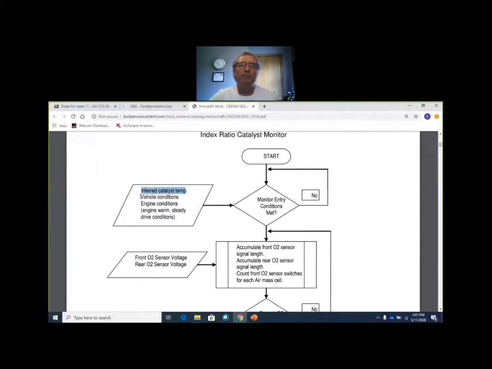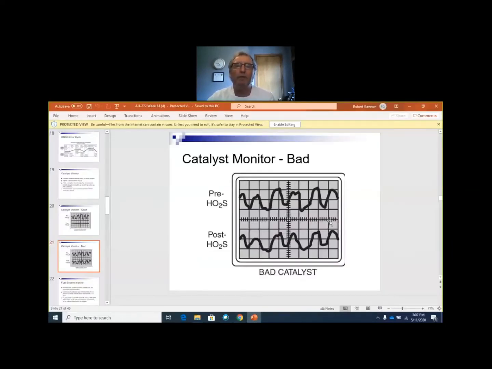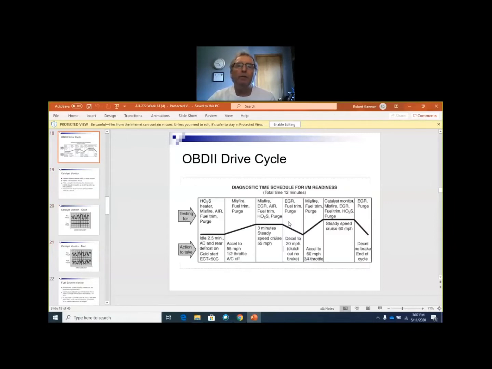So is the catalyst hot enough? Vehicle and engine conditions. Is it a warm engine, steady drive? You saw back on this little drive cycle here,